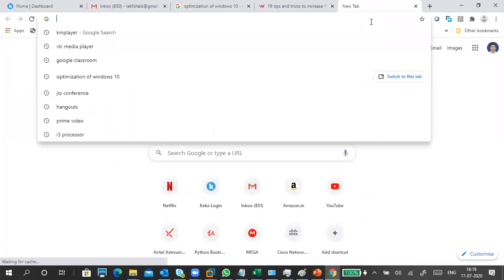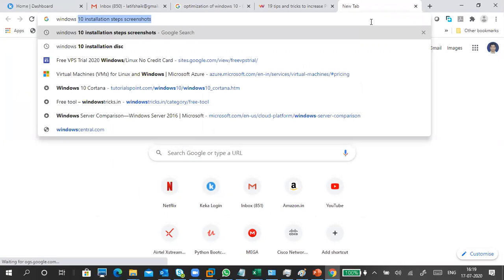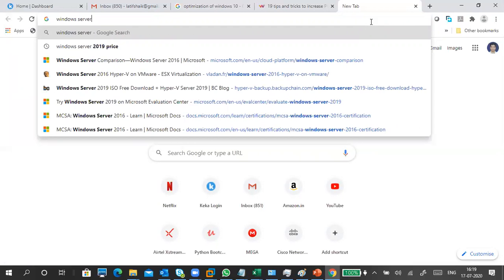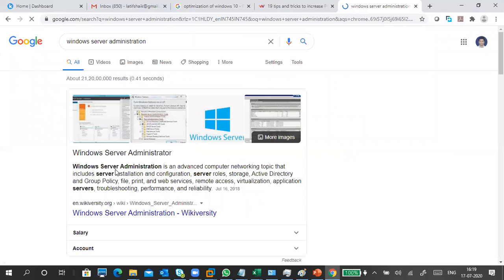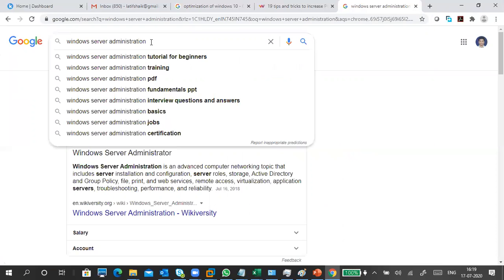Windows Server Administration tool is there. That is administration tool.